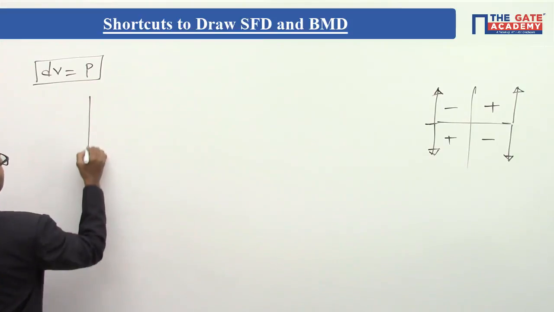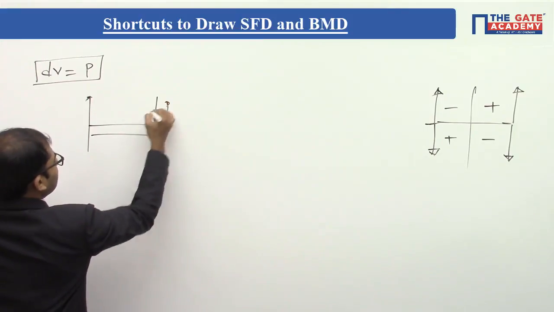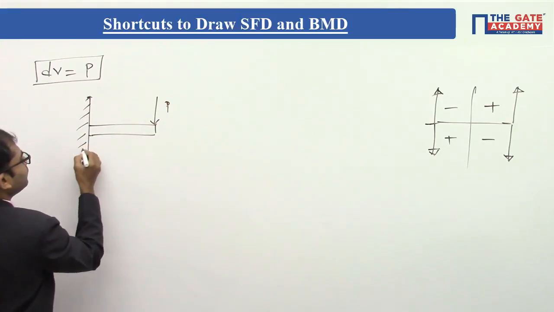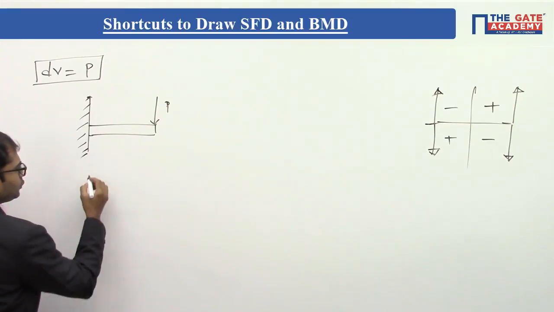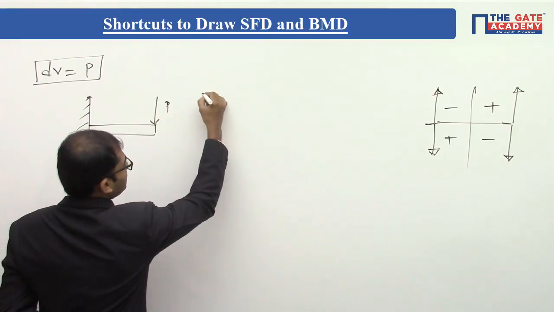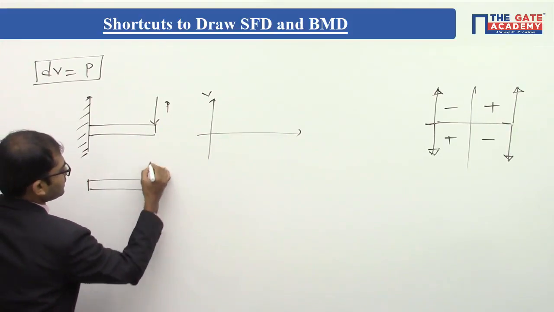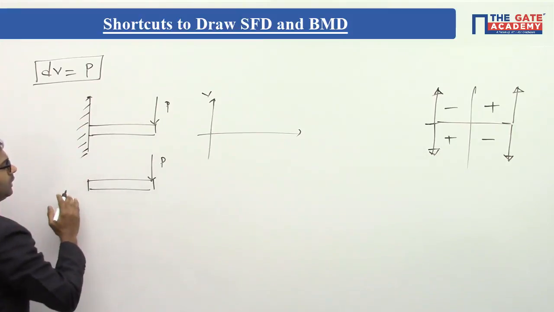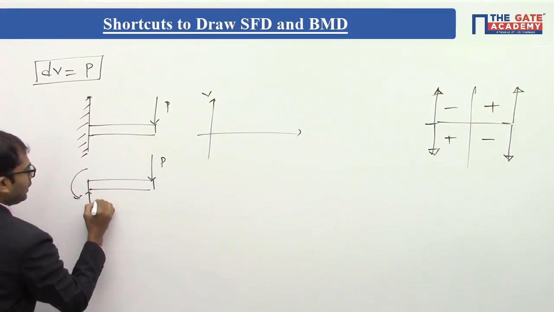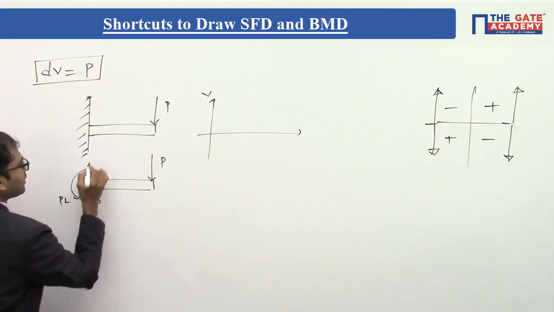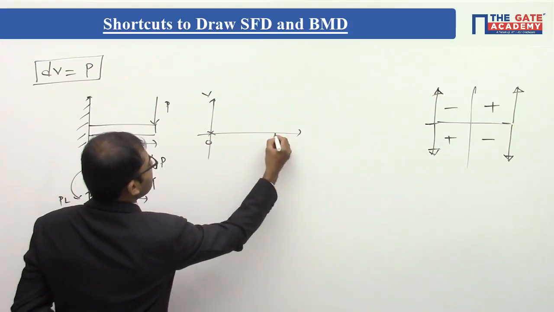If you take a cantilever beam having a point load at the free end, what happens is basically, if you draw this particular shear force diagram, the free body diagram is like this. That means if you solve and find out all the unknown reaction forces, you will get this value as P and this value as P into L. So this is x is equal to 0 and x is equal to L.